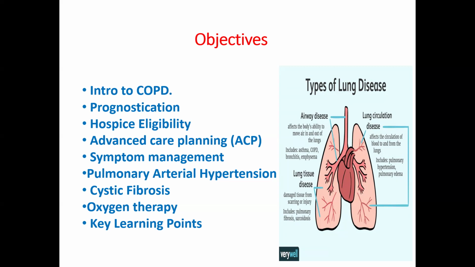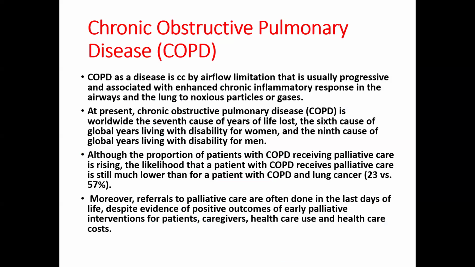As you see from the picture on the right side, we have three types of lung disease. We have airway disease, we have lung tissue disease, and we have lung circulation disease. So we'll be starting with COPD, or chronic obstructive pulmonary disease. COPD is characterized by airflow limitation